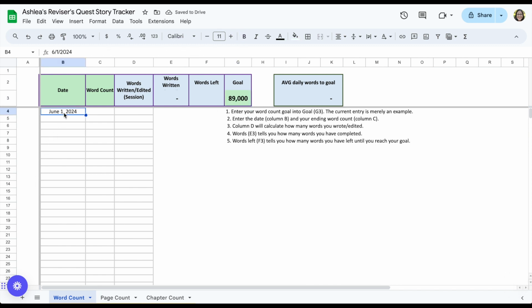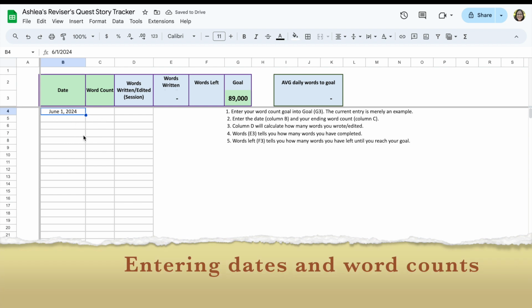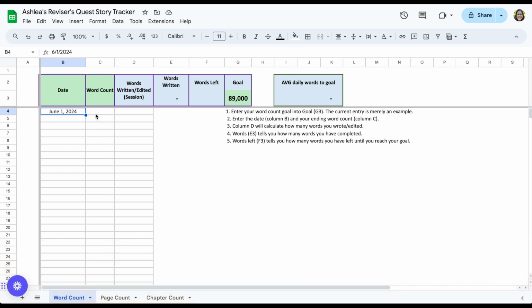And then I'm going to come over here, and I've already preloaded everybody with a date for June 1st so that you don't have to do that. And then I'm going to go over here to word count. And so the word count, the way that you enter it in is you are going to, at the end of